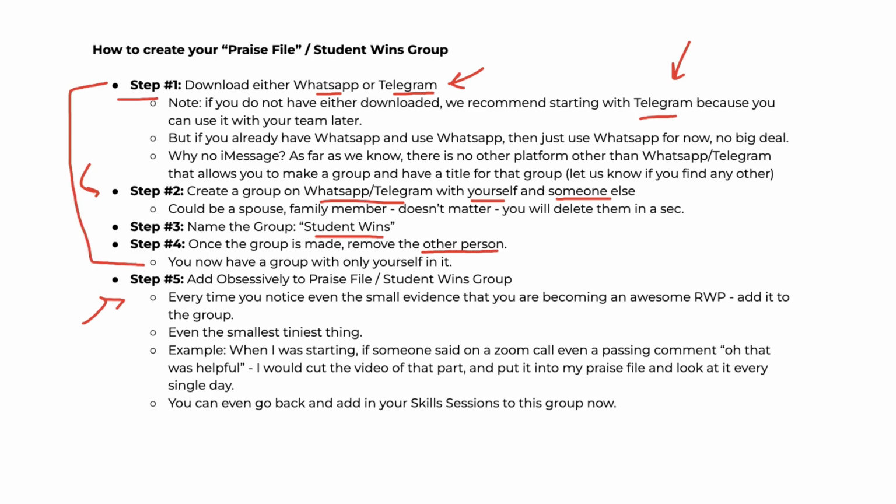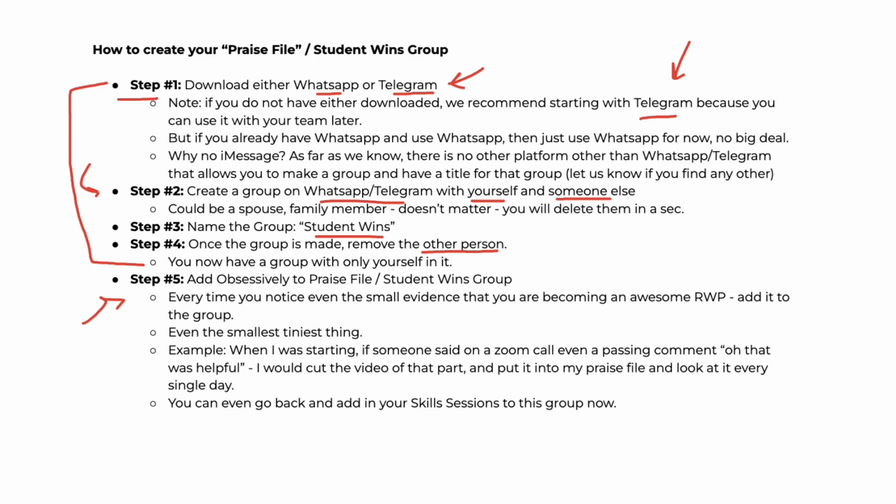So that way I can not only have self-esteem, self-integrity, clarity, self-confidence, but also get to the point where I have certainty that I am worthy of being able to do the things that I want in my life, right? And how do you do that? The tool for that is the praise file. And from a business context, we call it the Student Wins group. Same exact concept. One is on the individual level, the praise file, and one is on the enterprise professional level, which is the Student Wins group.